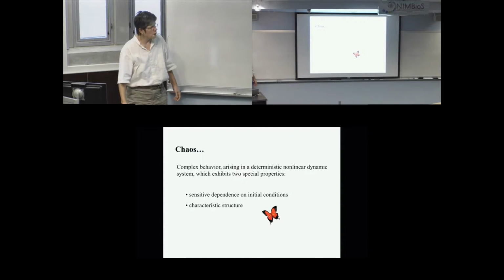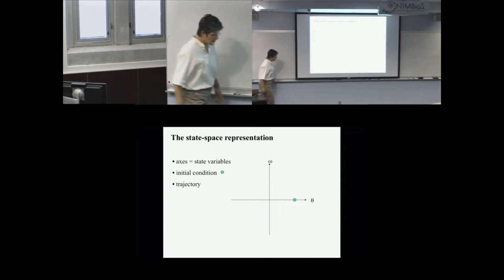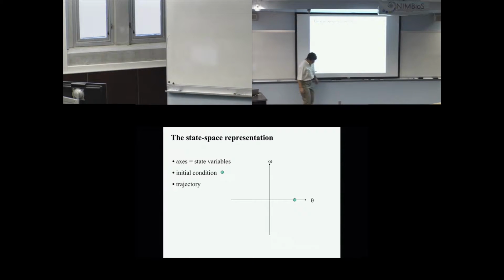Now, there's a graphical representation that we use in nonlinear dynamics to great advantage, and it's called the state space. And that begs the question, what are state variables? Because the state space is the space whose axes are the state variables. If I want to describe the position of my elbow, unless I'm damaged, I need one variable for position, an angle, and I need a velocity. Okay, so I need 2 numbers to describe what my elbow is doing. My wrist, what do you think?